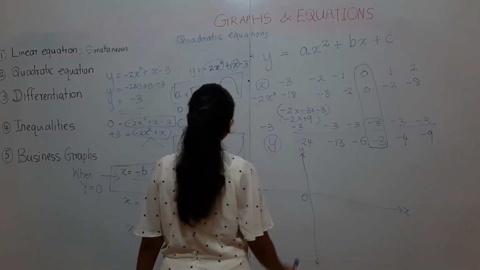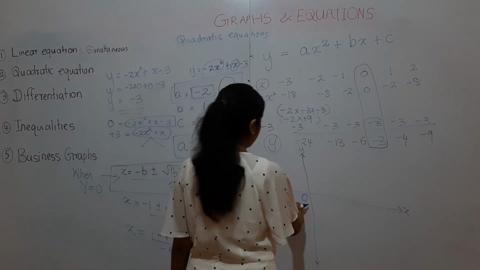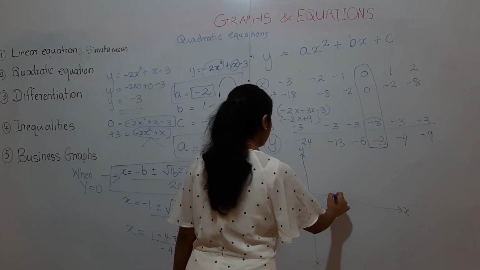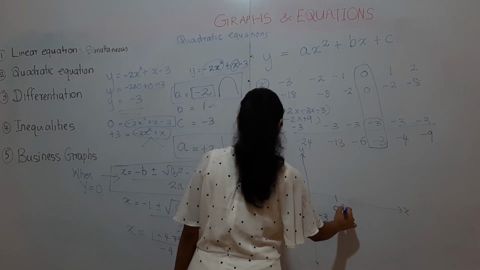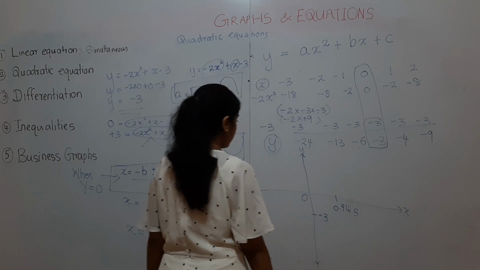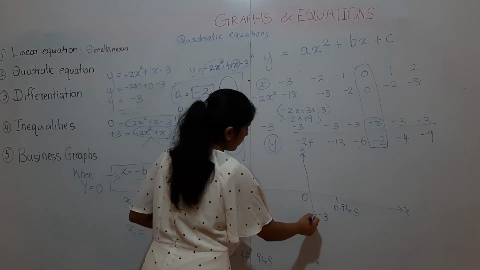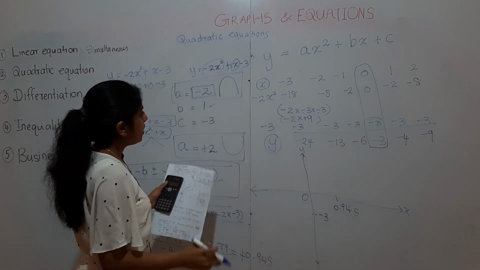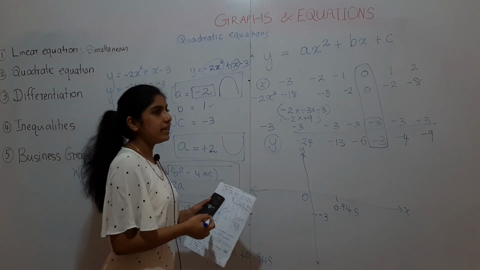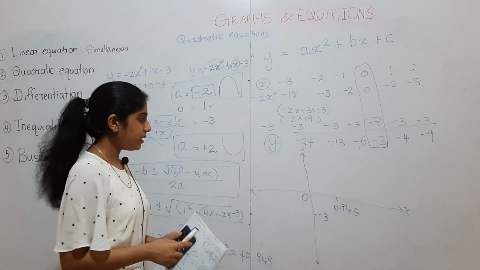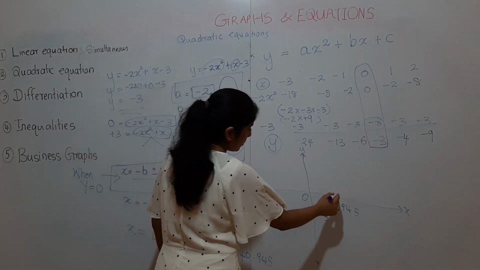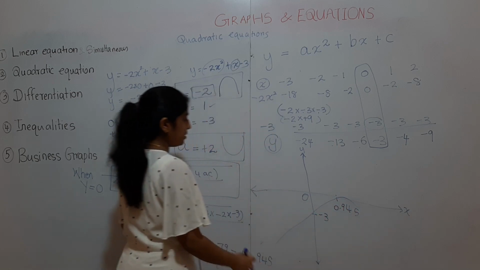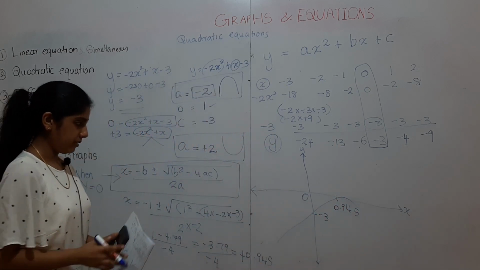Okay. So let's now mark the coordinates. When x is 0, y is minus 3. When y is 0, x is plus 0.945. You see a mismatch between the previous graph that we drew for the same equation and the graph that we are going to draw now, because we got a point here. So it's kind of coming like this, which is a bit weird because it's different.